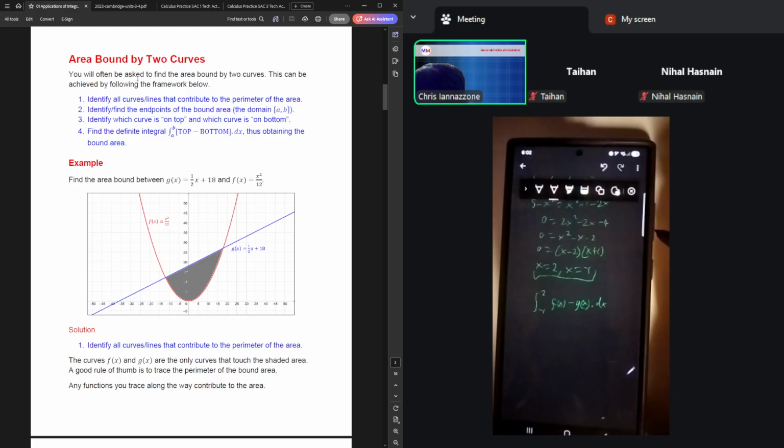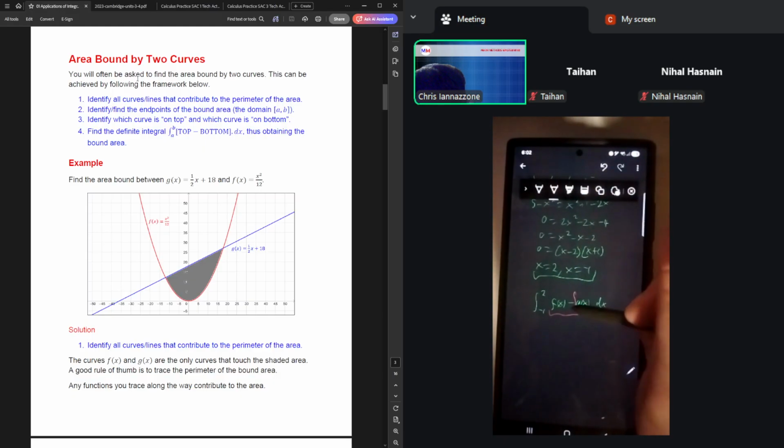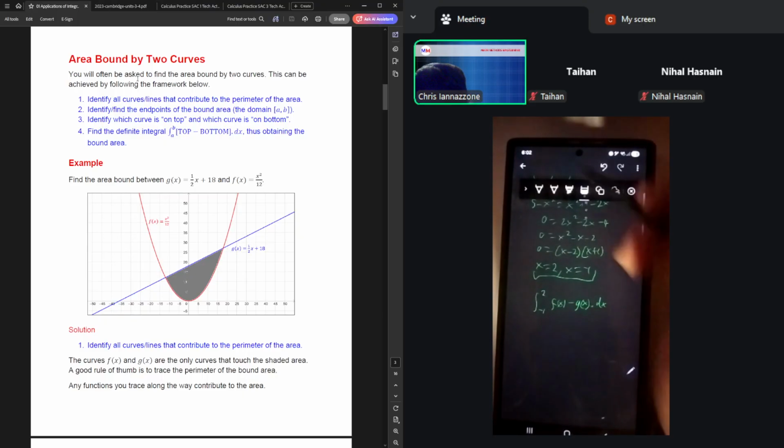Depending on how this looks, you might want to split this up into 2 separate integrals, like putting another integral from -1 to 2 here, and evaluating them individually,